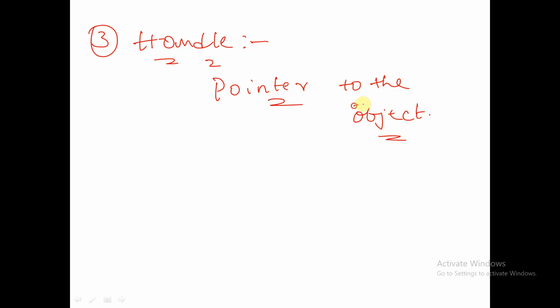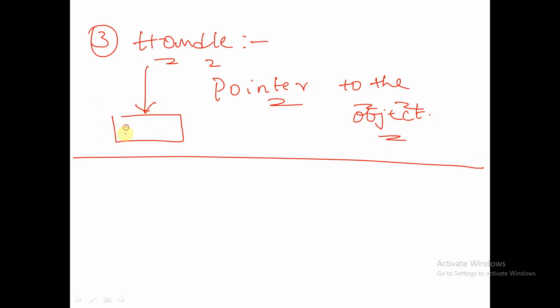So handle is a pointer to the object. It will point to the object. So handle will point towards an object. And coming to property,